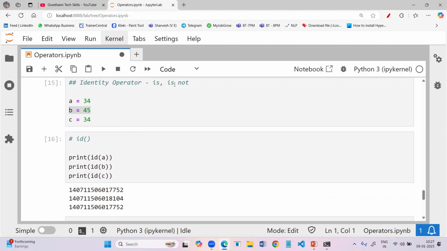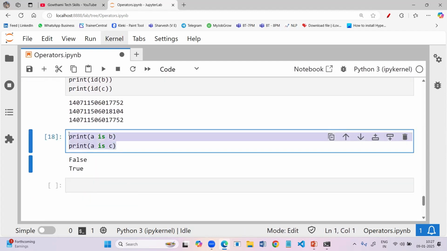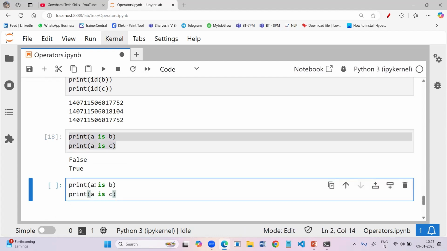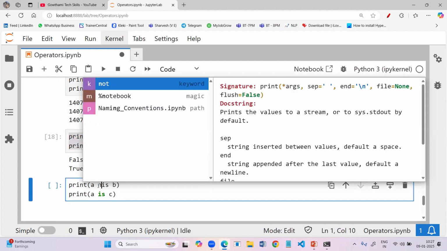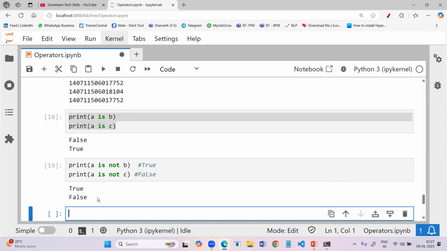Now we are going to make use of is not, which just reverses the output of is. I'll copy these two lines of code and paste them here. I'll make it is not, and here also I'm making it is not. Now you are saying that the identity of A and the identity of B are not similar by using is not. So obviously it will return output as true, because they are not similar. If they are similar and you are using is not, then it returns output as false. Now run and check it. That is true.